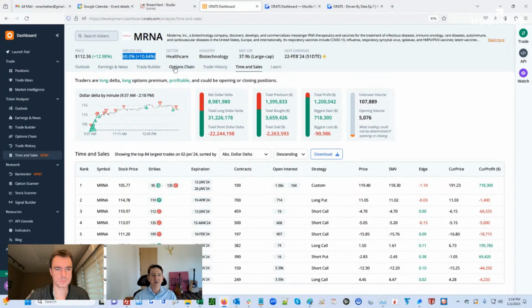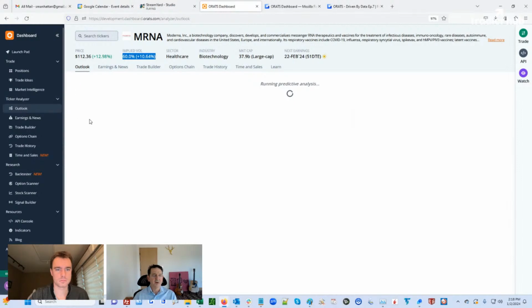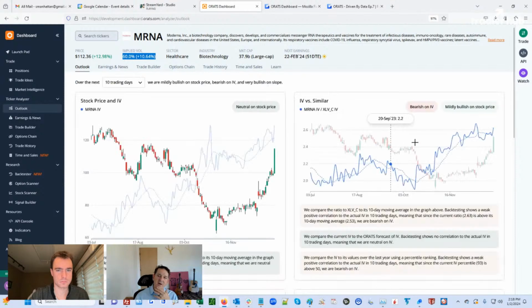I don't like to play these that much, but what I do like to play is when something like this is happening. Moderna is a pretty large piece of the ETFs. So if you go to the outlook for Moderna, we can look at what their implied volatility is. This is the graph of Moderna to the XLV, the components of the XLV. So Moderna was way down here and has come up. It's a higher vol stock than a lot of the pharmaceuticals, but that relatively has been dragging up